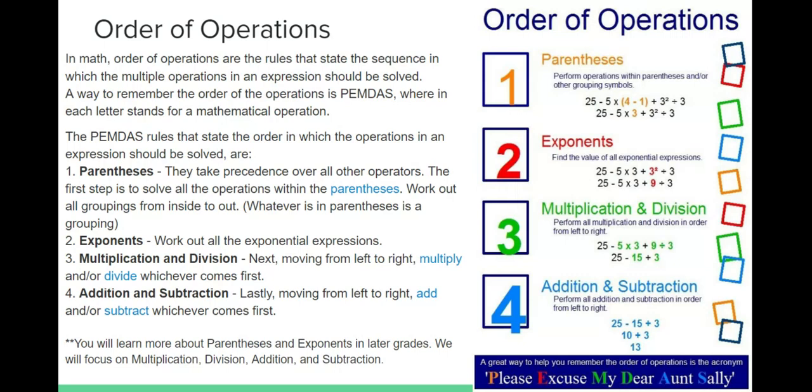All right, so the very first thing we're going to look at is what are order of operations. When we look at math, the order of operations are the rules that state the sequence, which is the order, in which the multiple operations in an expression should be solved. So when we're looking at order of operations, that means we have a problem that has more than one operation in it. So it has more than one type of problem. So it might have multiplication and addition in it. One way to remember how to work these is